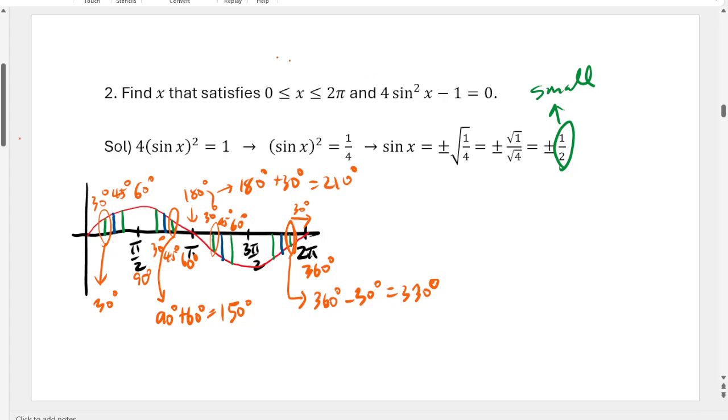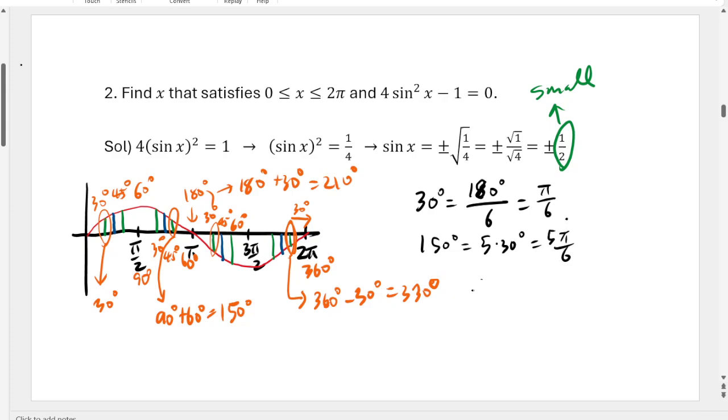You want to write these answers in radians because that's what will be asked. So let's convert this. First of all, 30 degrees is 180 degrees divided by 6. And because 180 degrees is pi, you have pi over 6. 150 degrees is 5 times 30 degrees, so it'll be 5 pi over 6. 210 degrees is 7 times 30 degrees, so it'll be 7 pi over 6, because 30 degrees is pi over